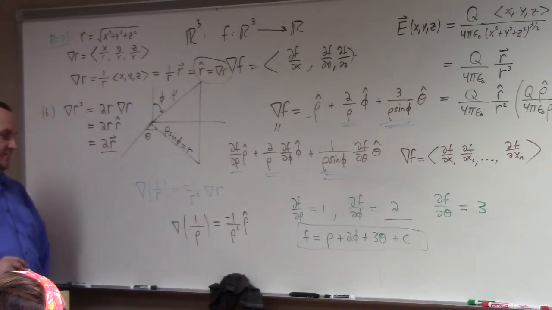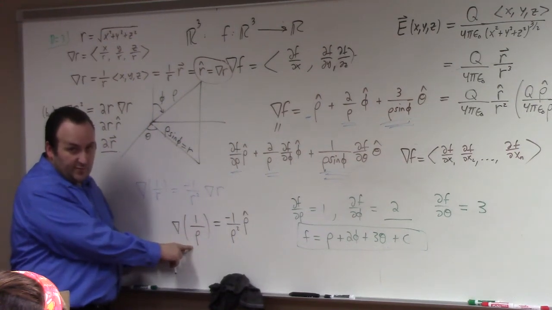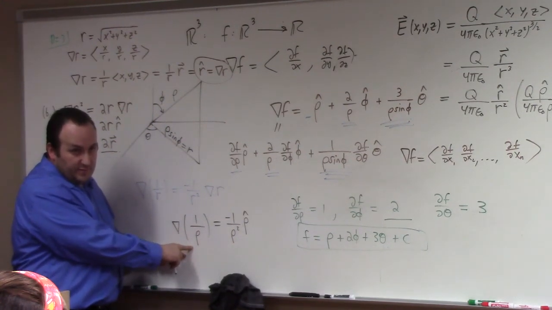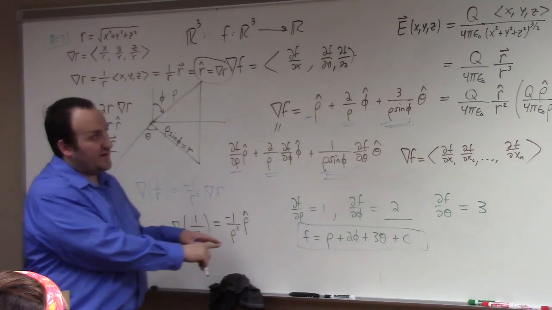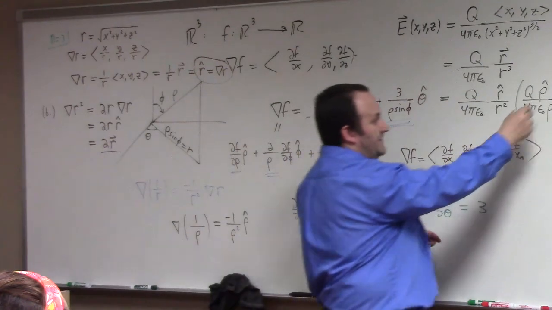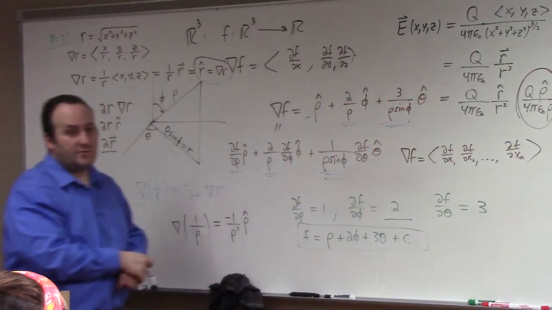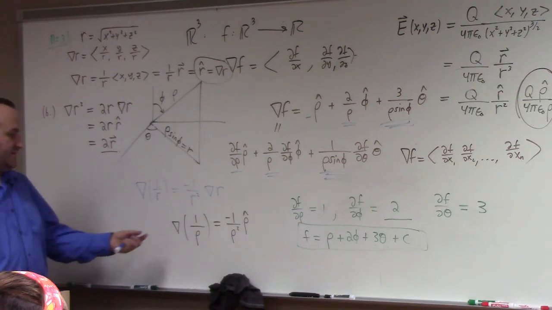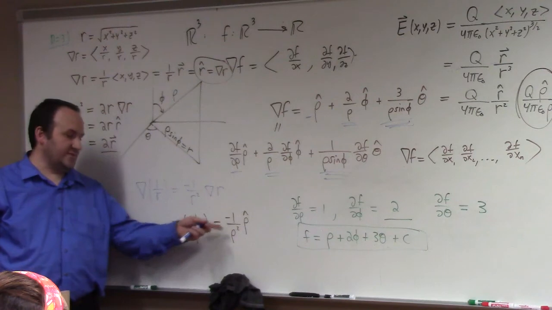So this pretty much tells you that this function, 1 over rho, gradient vector field is the what? Up to a sign, it's the Coulomb field. The Coulomb field is rho hat over rho squared. This says that if you calculate the gradient of 1 over rho, you get rho hat over rho squared. And well, there's also a minus, but